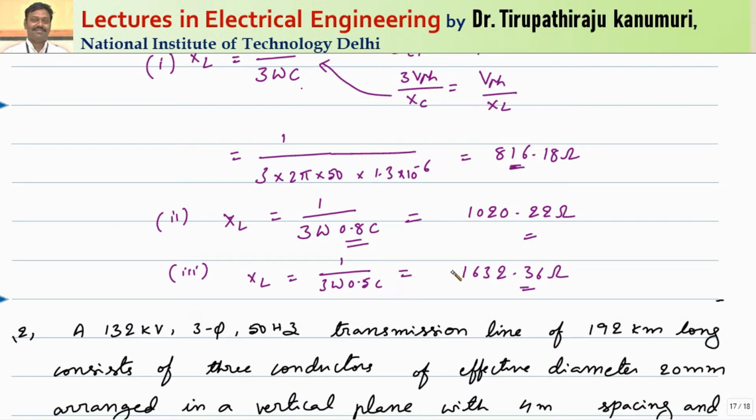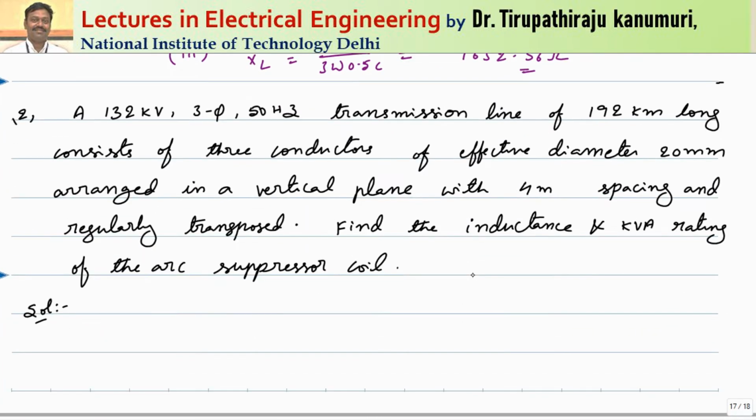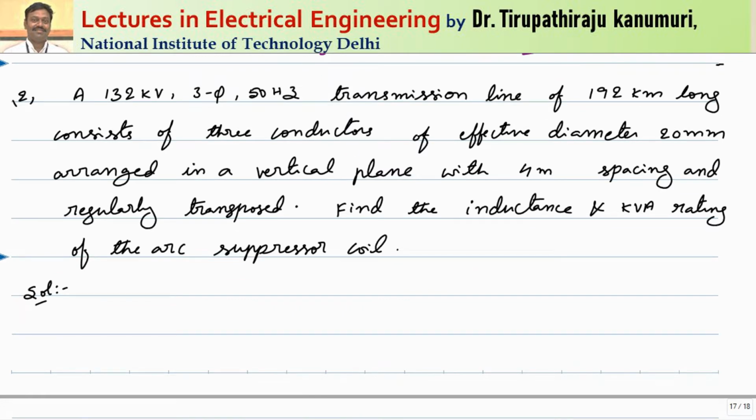This is the reason I told you in the last class that, ideally, because of the tuning of your inductor coil, XL is equal to the value of the capacitive current, so no current should pass in the line. But practically we cannot predict the exact location of the fault, because whenever the fault happens, the coil cannot tune itself automatically. This is the first problem. The second problem is that as time passes, the capacitance of the line can change, because the line parameters can change with time due to conductor condition and atmospheric conditions. Because of this, the capacitance may change. That's why some small value of leakage current will always pass. This is the observation from the numerical.